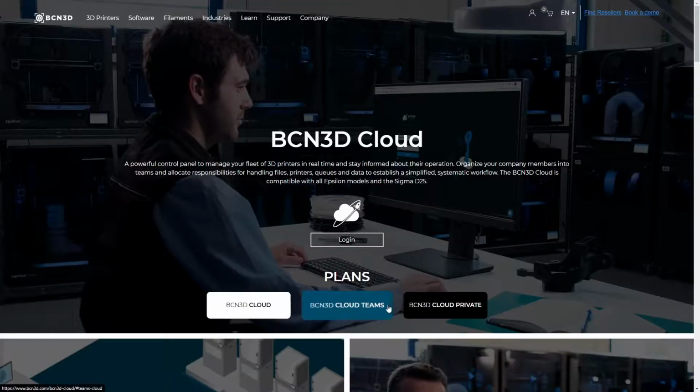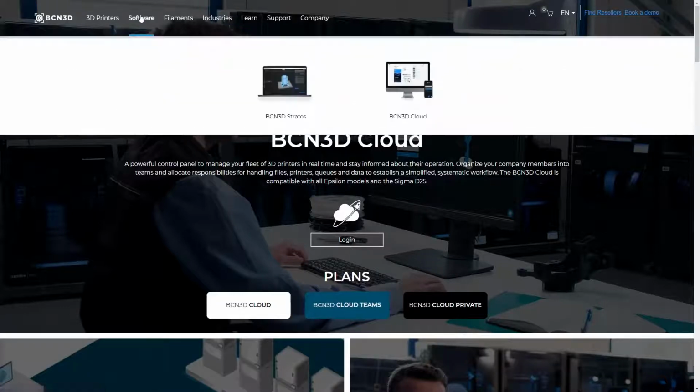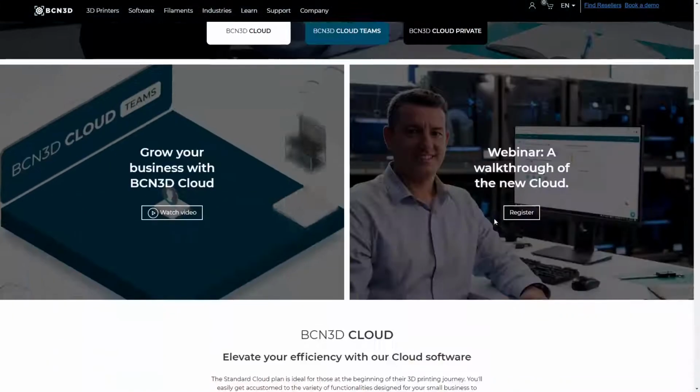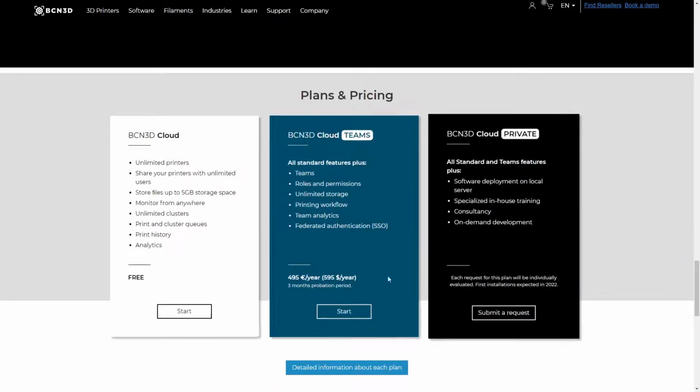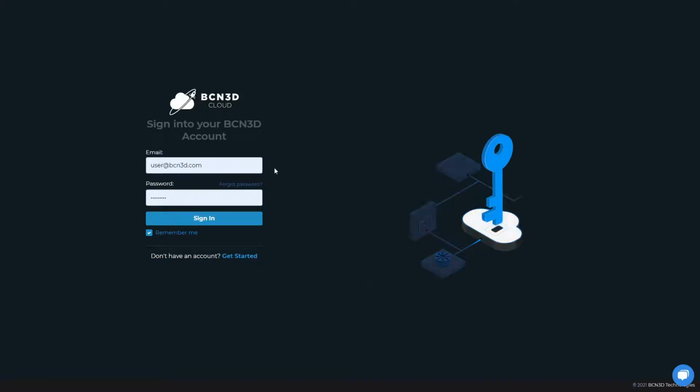In this video, you will learn how to create and set up a BCN3D Cloud Teams account. To create a Teams Cloud account, go to the Cloud product page on our website and scroll down until you find the summary of features. Click on the Start button and you will be prompted to log in or register if you do not have